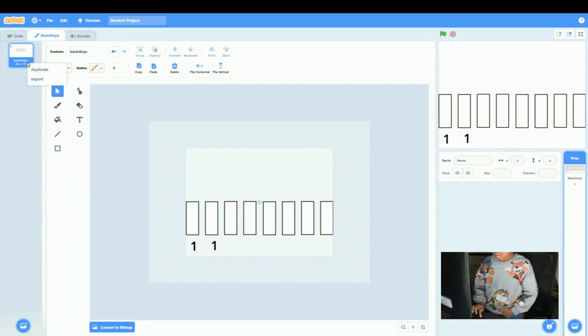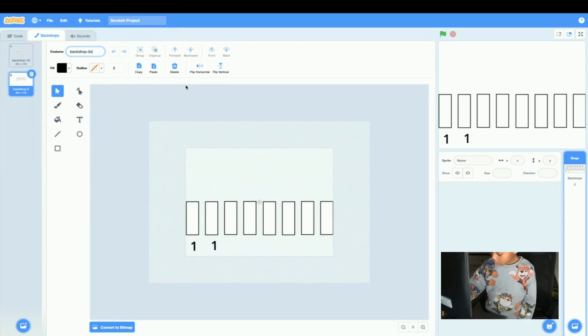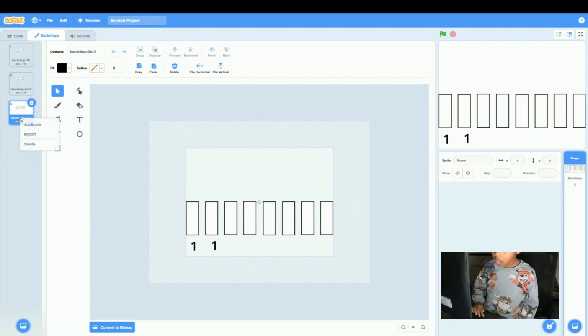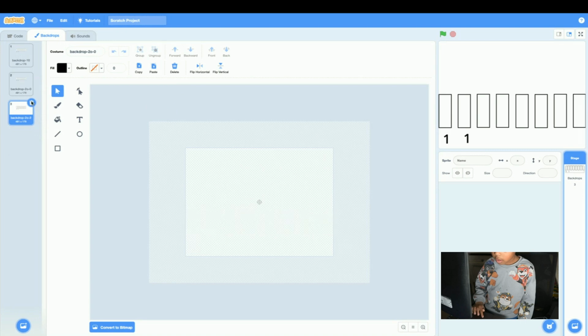This and duplicate it. It's going to say back prop 2. But if you just capture it with a 0, followed by back prop 20 and 0, 0, and then when you duplicate it, it's going to do the same thing. Change it to 2, change it to 3, but